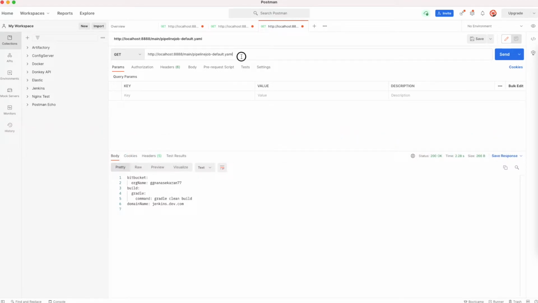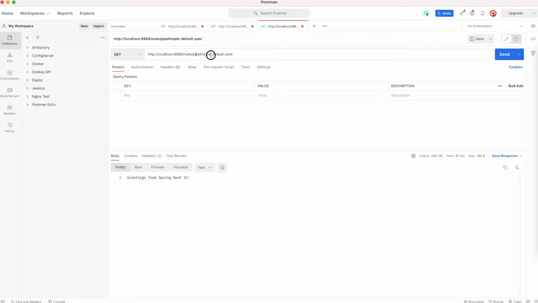First I want to ensure, okay, it is working fine. I'm getting greetings from Spring Boot v1. So this is the REST API we have to form. Here we have to give the branch name. In my case, it is the main branch.